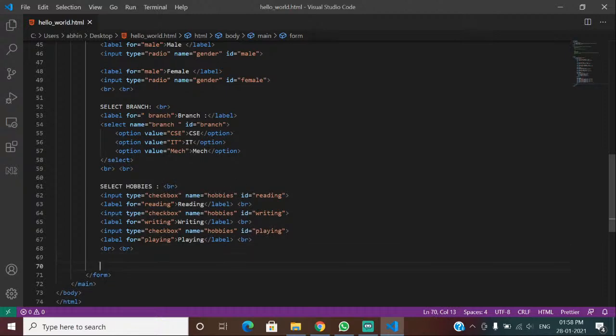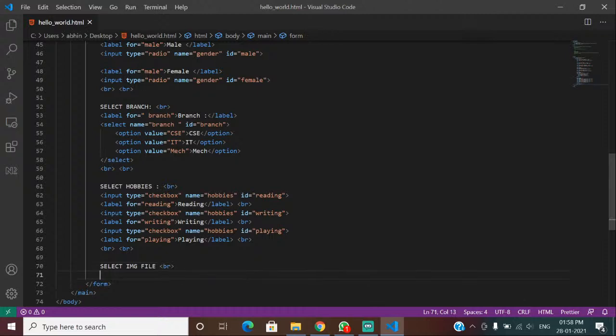So in many sites you also find that the websites give an option to add your image, like in Slack, I think, and in many such sites you will find that they provide the option for providing your image. So basically they don't use this HTML one, they use other packages for that. But I'll just show you how HTML allows us to select a file